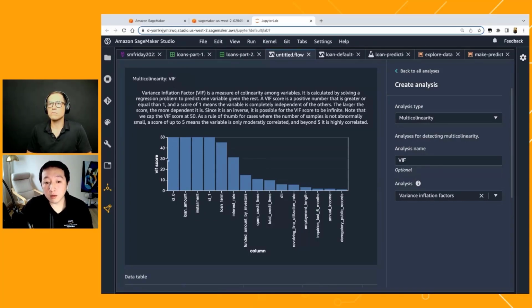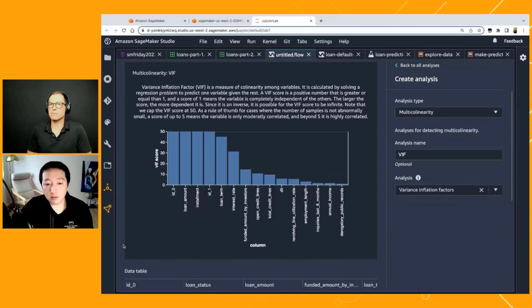Anything above 5, which is around here, is considered to have some correlation with other features. And very quickly you can see IDs, which is just an index that we haven't dropped, having a lot of correlation. Of course, they are correlated with another set of IDs after we join the tables, right?